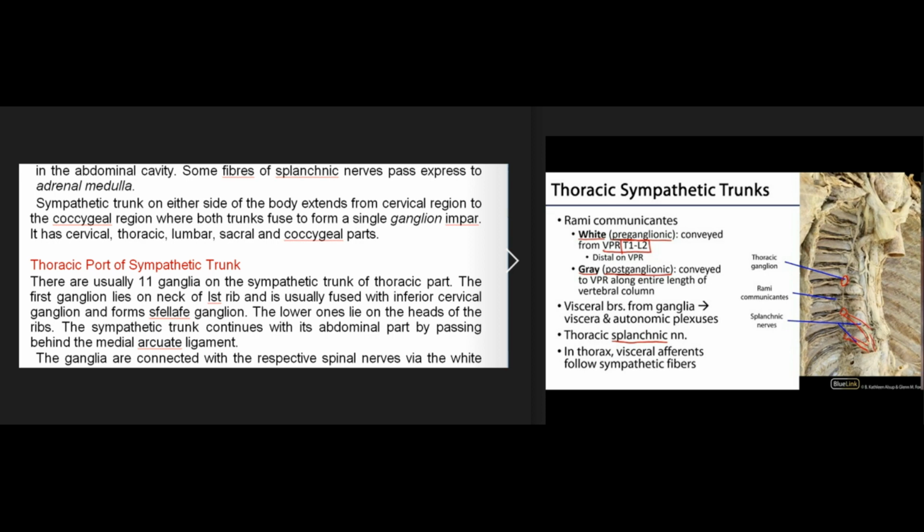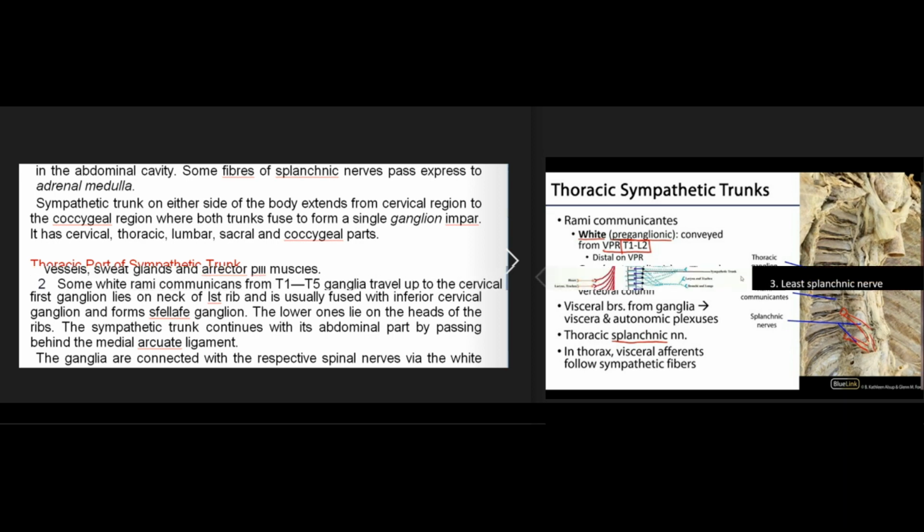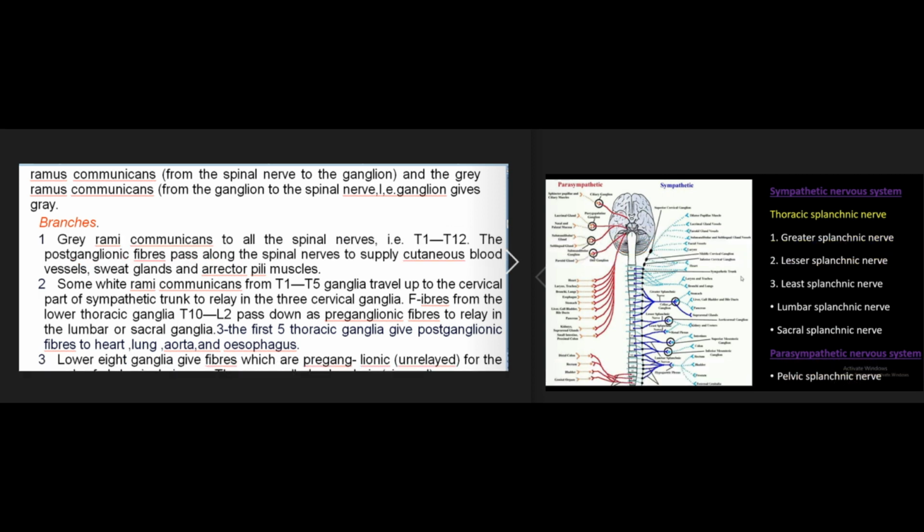The first ganglion lies on the neck of the 1st rib and is usually fused with the inferior cervical ganglion and forms the stellate ganglion. The lower ones lie on the heads of the ribs. The sympathetic trunk continues with its abdominal part by passing behind the medial arcuate ligament. The ganglia are connected with the respective spinal nerves via the white rami communicantes, from the spinal nerve to the ganglion, and the gray rami communicantes, from the ganglion to the spinal nerve,